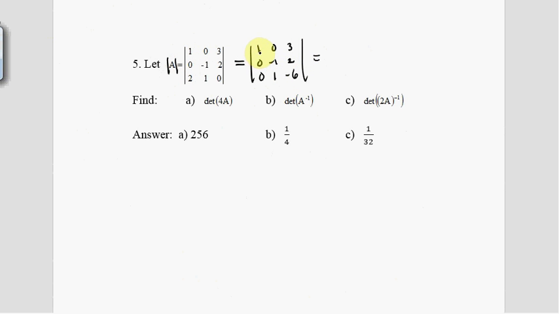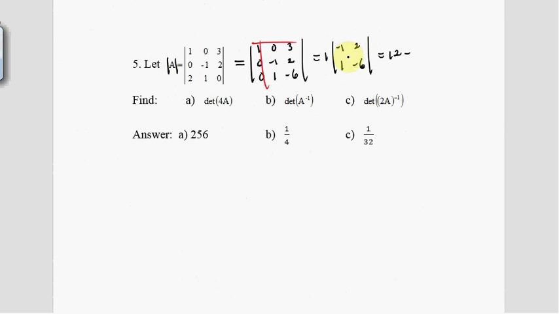So I use cofactor expansion along this first column. So it's going to be just 1 times the determinant of the submatrix, the negative 1, 2, 1, and negative 6. So this is 12